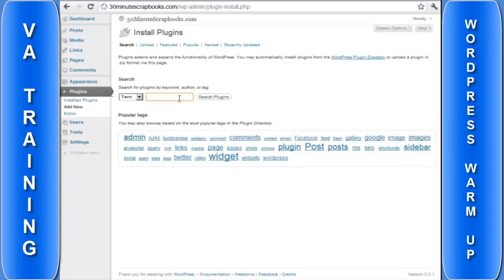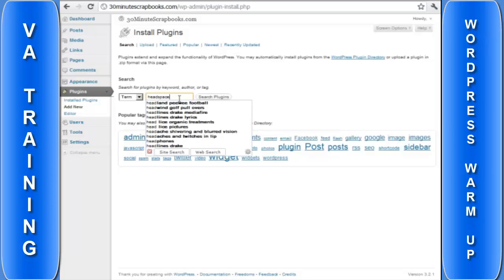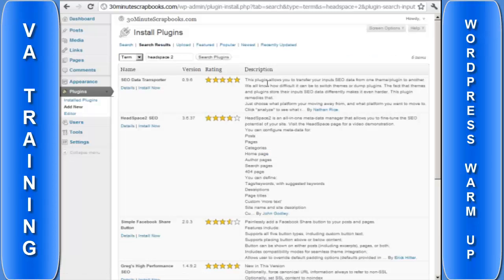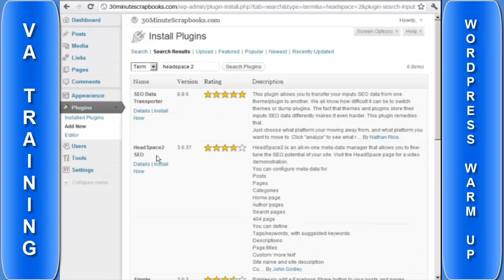There are a few plugins that I would like to go ahead and install so that I can show you how to do the other videos. And just for basics, you generally want to install a Google Analytics plugin, some sort of SEO optimization plugin, and so forth. I like to use Headspace. If you type Headspace 2 and click on search plugins, you'll see Headspace 2 SEO, and this is an SEO